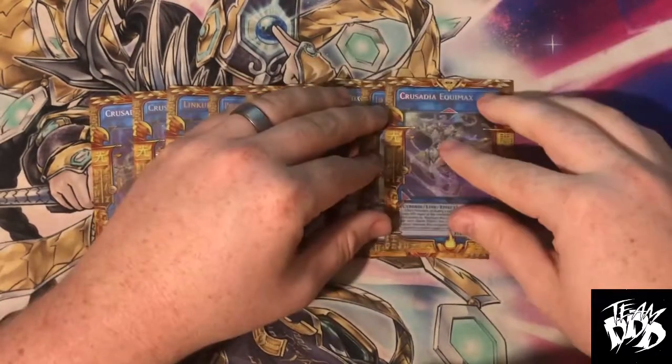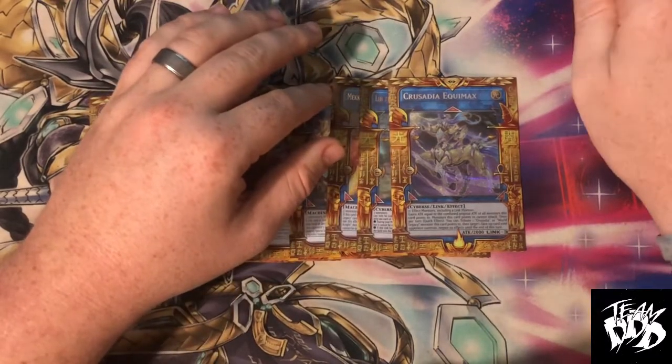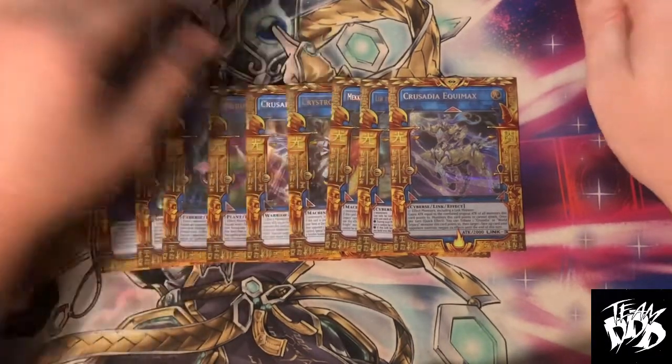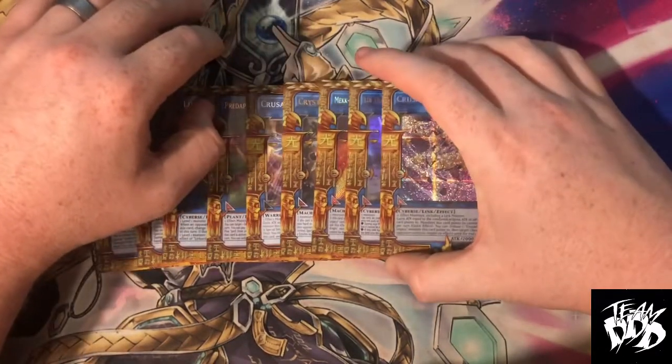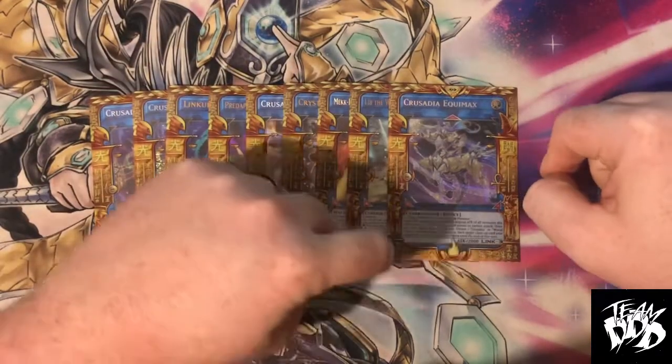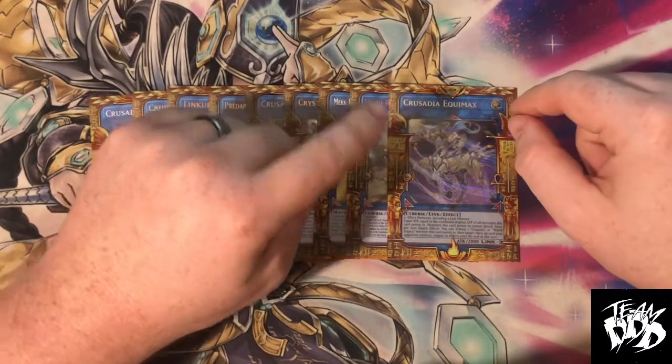Also, he has a negate too. He has a negate factor. You can tribute a Crusadia he points to negate your opponent's monster on the field. So it's really gross too. But when you're pushing for OTK, one thing I will say, fun fact, is whatever he points to cannot attack. But what's really nasty is when you pair it with